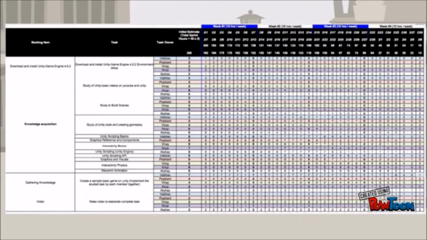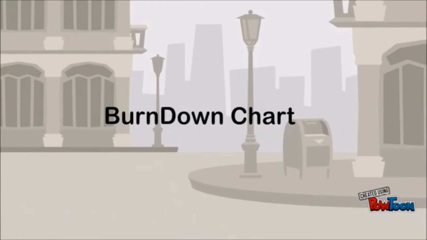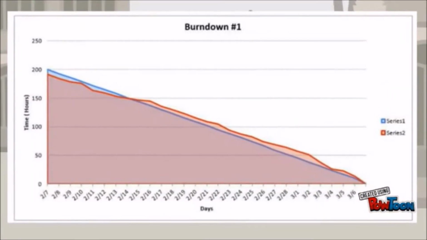In this task board, you can see the individual tasks assigned and progress of the sprint 1. The zeros at the end of the sprint denote that we have completed all the tasks. In the burn down chart, initially we were ahead of the ideal burn down slope, in between we were lagging, and finally we managed to complete on time.